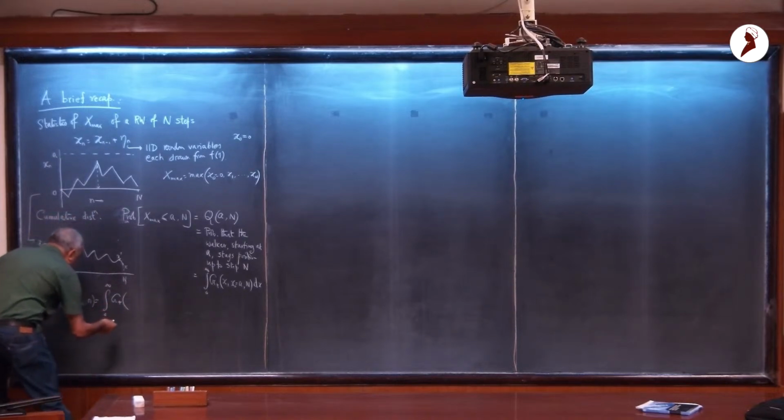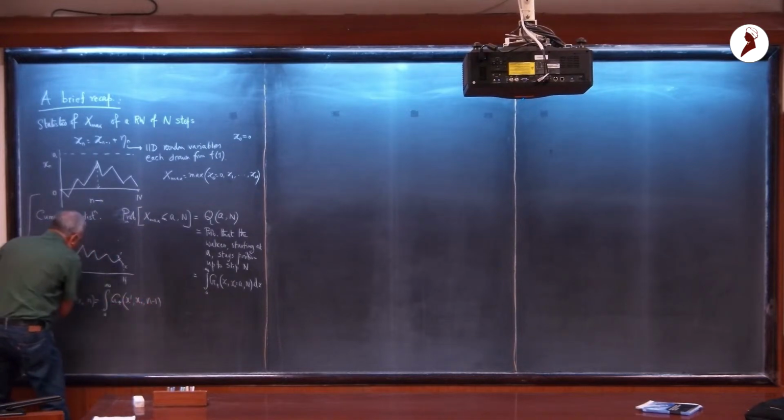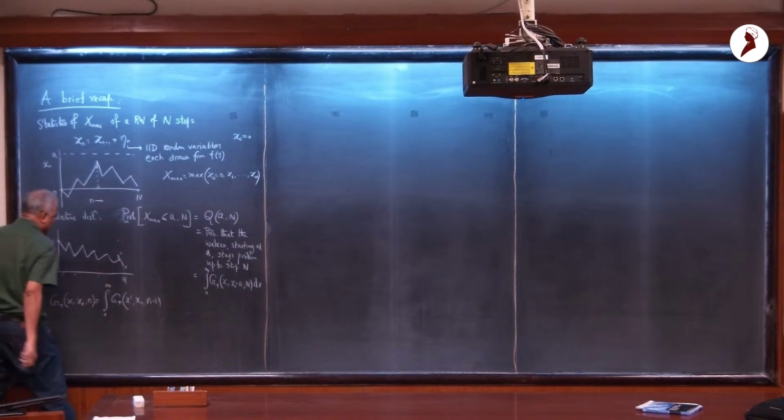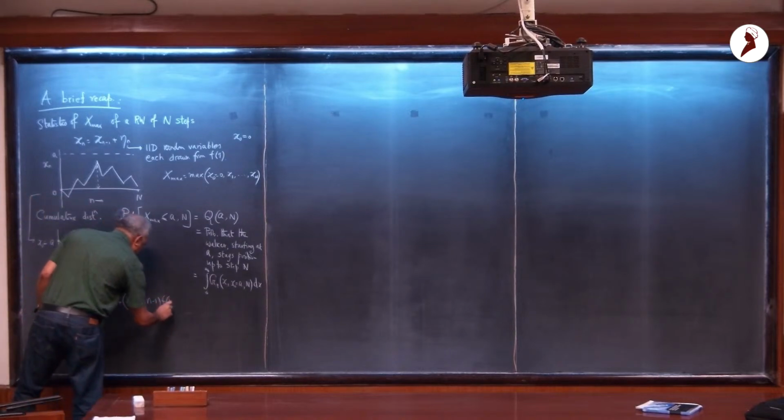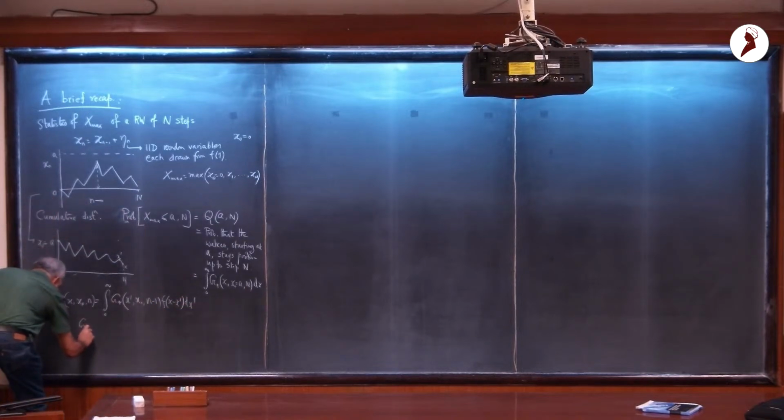In the end, you will put little n equal to capital N. So after n minus 1 steps, I reach x prime, and then I make a jump. Okay, and starting from the initial condition,